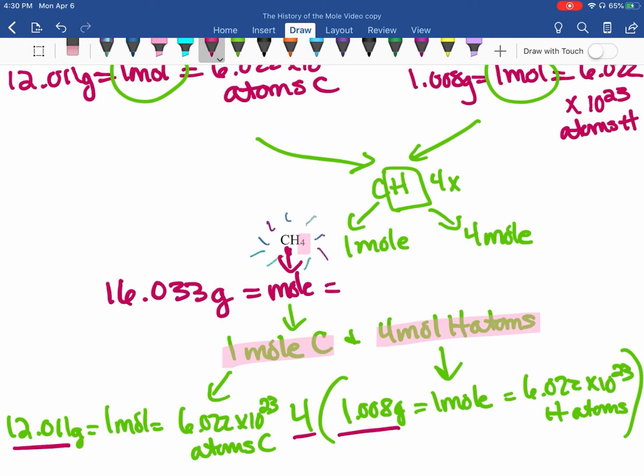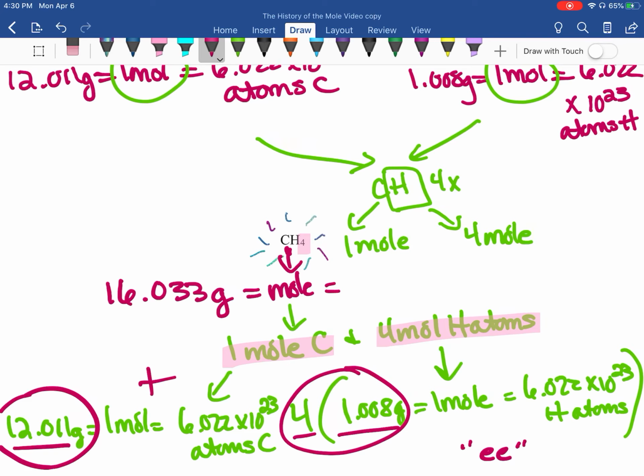How did I do that? I added this plus that. And then here's the tricky one. How many actual little elementary entities do you have here? You are going to have 6.022 times 10 to the 23rd molecules